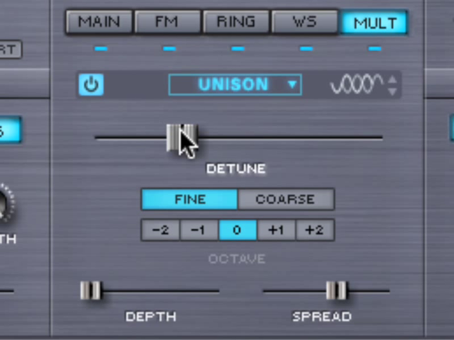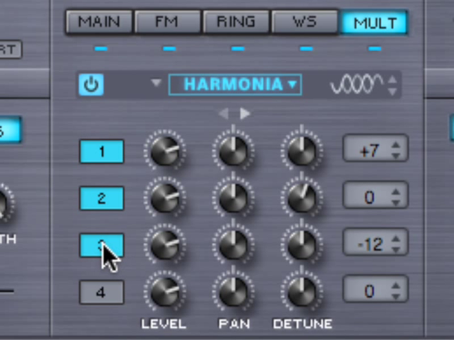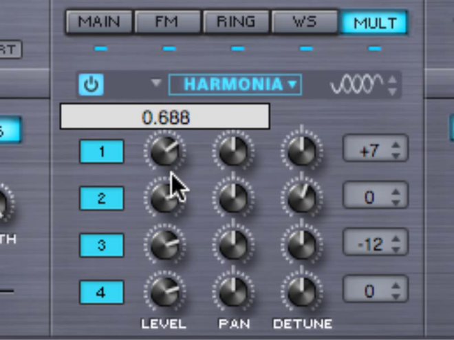The voice multiplier is one of the most powerful areas of Omnisphere, and it has several different modes. Unison mode is one of the first, where we can control the detuning in lots of different ways. And another is our unique harmonia mode. This is really cool because what it adds is 4 more oscillators per layer, and each of the additional oscillators